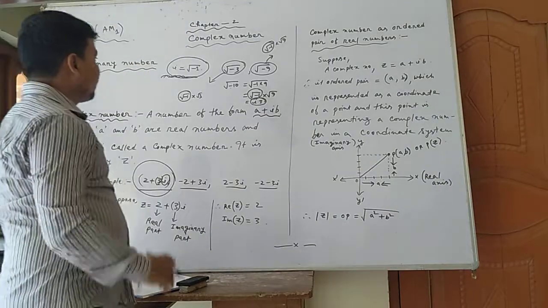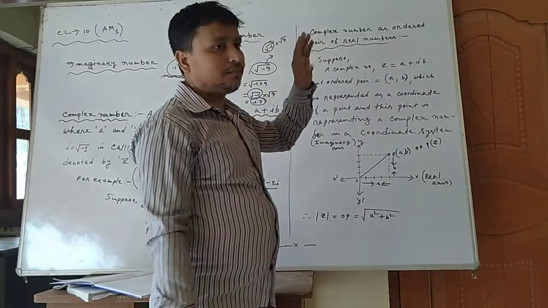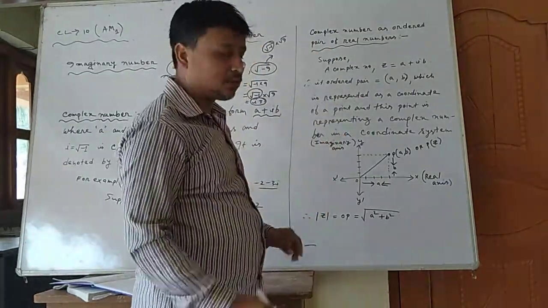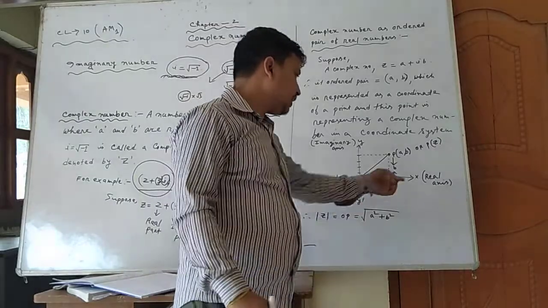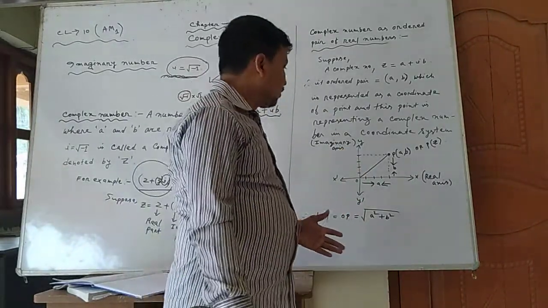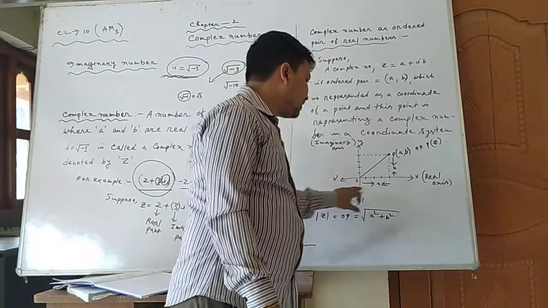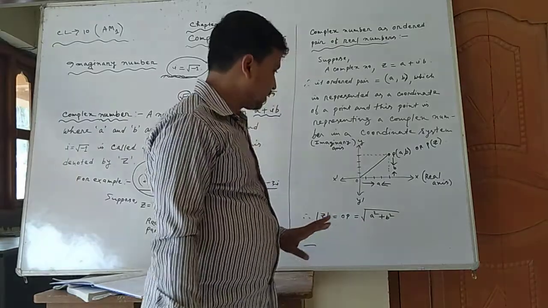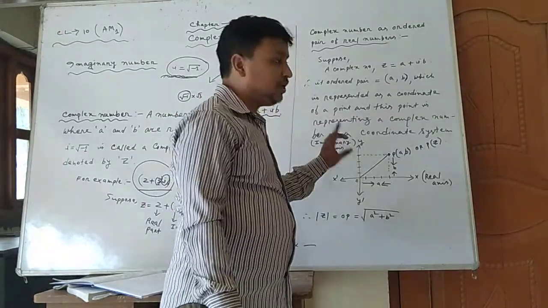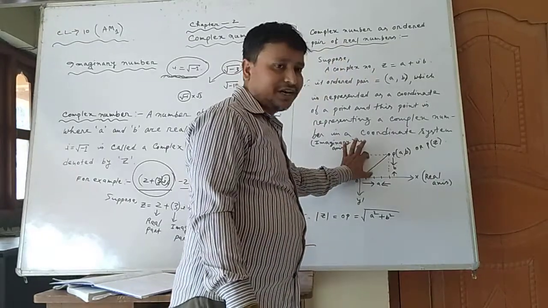Now the third thing: how do we represent a complex number in a coordinate system? You already have an idea of the coordinate system. There is an x-axis and a y-axis, and both axes are number lines. If you represent a complex number in this coordinate system,